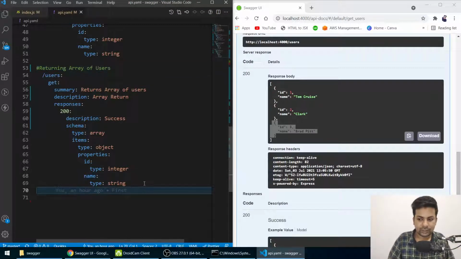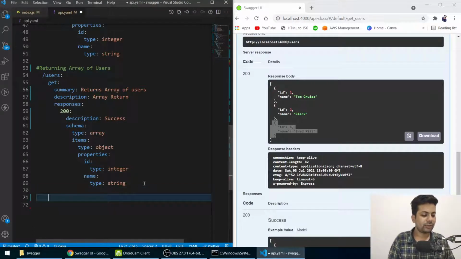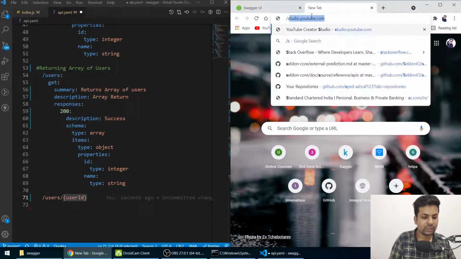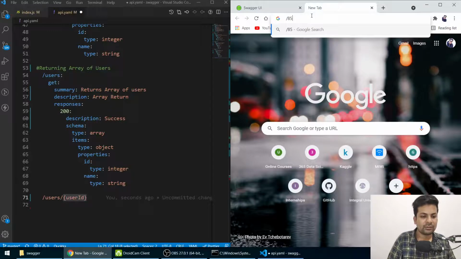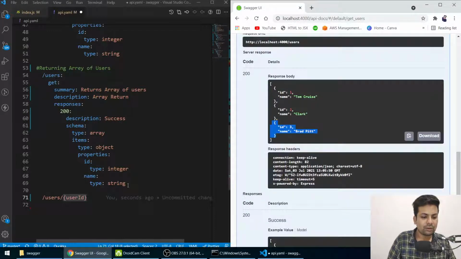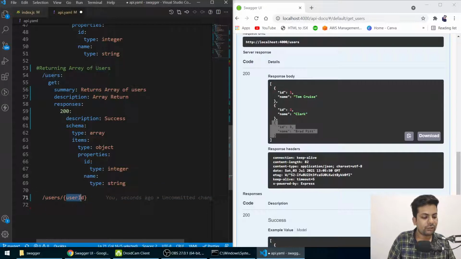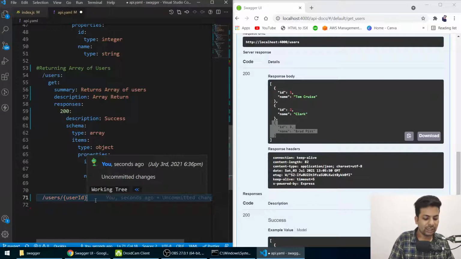Okay, now the next stage is if we want to send data dynamically. Suppose you want to send data at slash users slash user ID. So I want to send data from here, like a slash dynamic URL, like whatever you have, then after that ID 4, ID 5. So this is a dynamic URL. I want to send data dynamically, so you just wrap your word, whatever name you want to use, in curly braces, and this will be our URL.